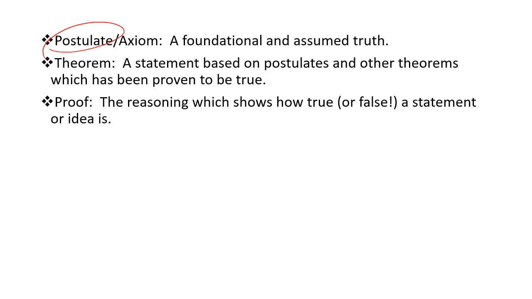Now, we compare this to a theorem. A theorem is something which we have to prove to be true. It might be something that we guess or hypothesize or that we observe, but we're not sure if it's true, and we can't assume it because it depends on other things. So a very famous example that most people have heard of is the Pythagorean theorem. I mean, it says theorem right there in the name. We don't assume the Pythagorean theorem to be true. It's something that has to be derived from something. It has to be shown or proven to be true. So that's the difference between a postulate and a theorem.